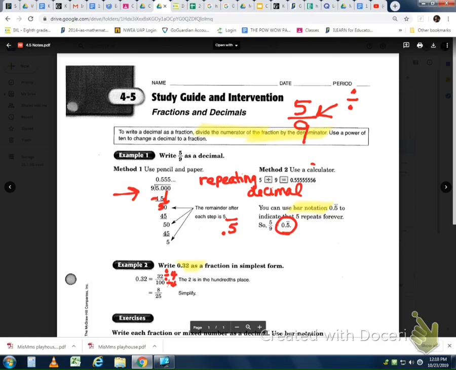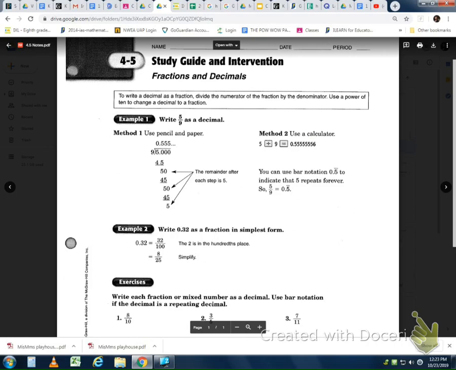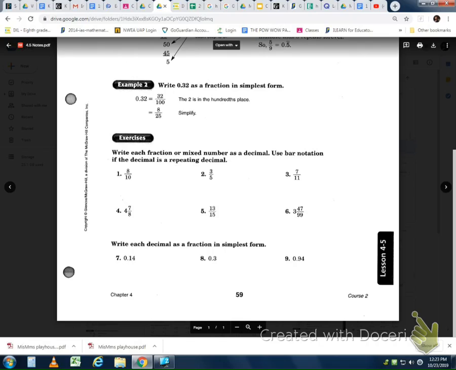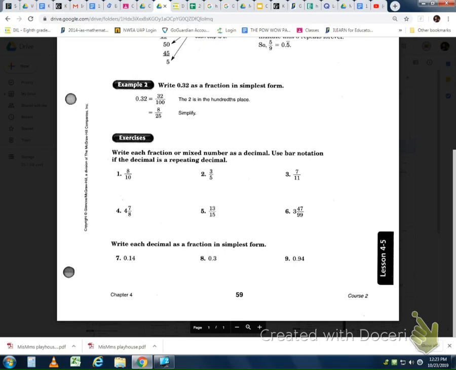All right, let's look at some examples of this and see how it works out. We're going to look at the odd ones. Number 1 says 8/10. It says write each fraction or mixed number as a decimal. Use bar notation if the decimal is a repeating decimal. So 8/10 is probably a good one to start with. You take 8, that's the numerator on the inside, divided by 10. 10 doesn't go into 8. It goes into 80. Add a decimal here,